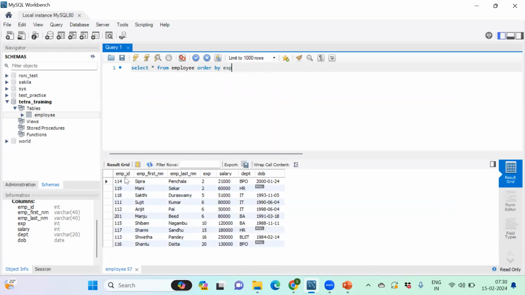Okay, you can see the entire data set has been sorted based on experience. Okay, so you can see the lowermost things are coming first. So it's based on experience ascending order, the entire data set has been organized. Okay, suppose I want to sort it for the experience in the descending manner. So we need to introduce a new keyword called descending, DESC. Okay, by default, if we do not put anything, it should be ascending in nature. Or we can also introduce this. Sorry,